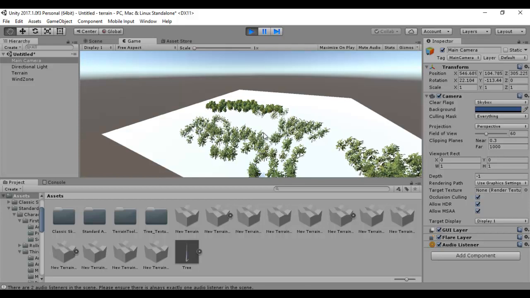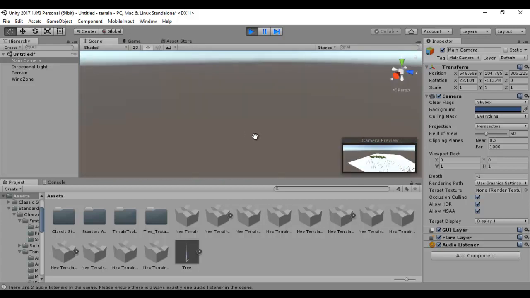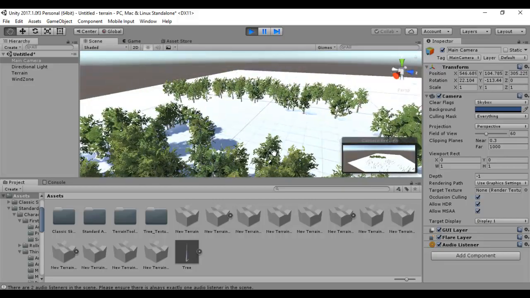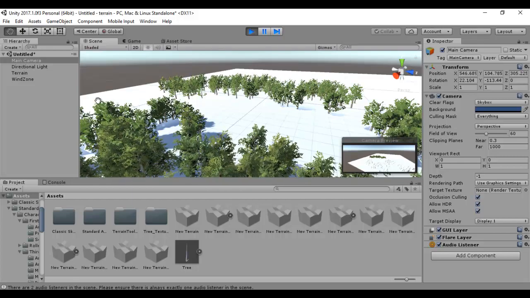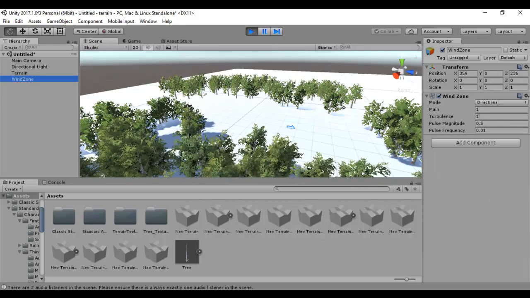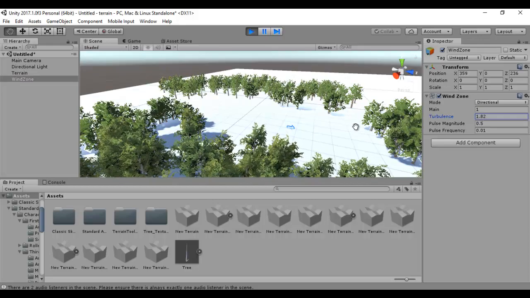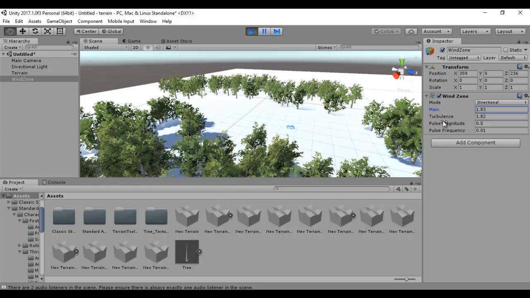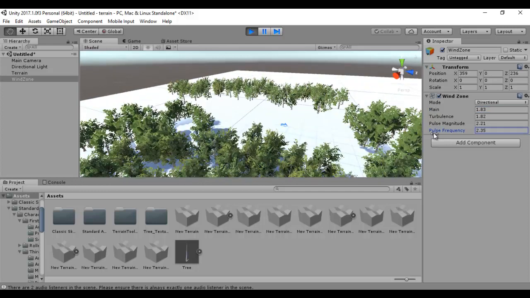Since this is a directional wind, this is what we can see over here. Now if you click on the wind zone and let me increase the turbulence, and you'll see the effect. If I increase main, and